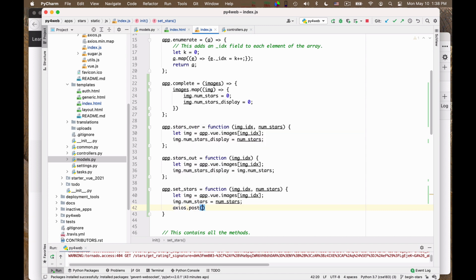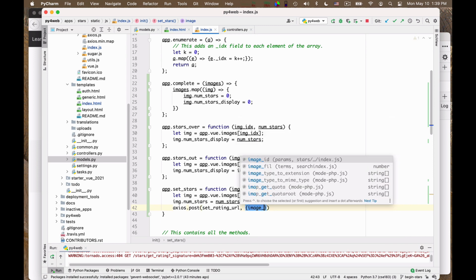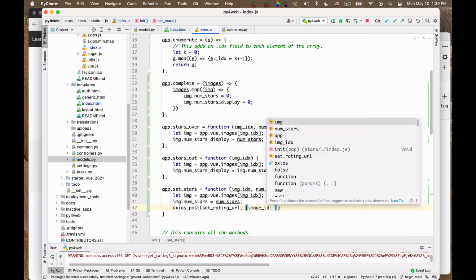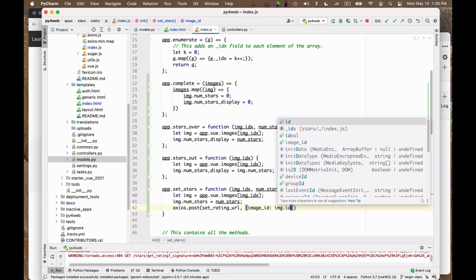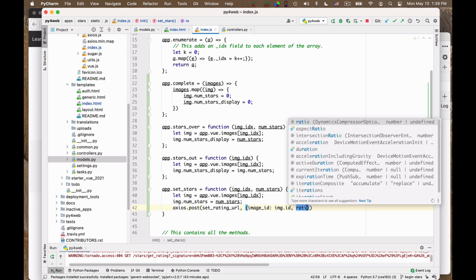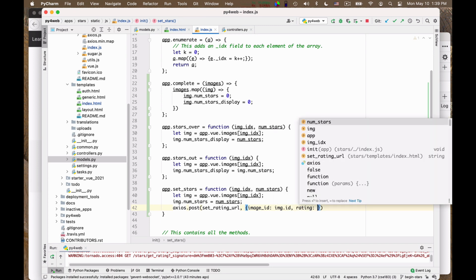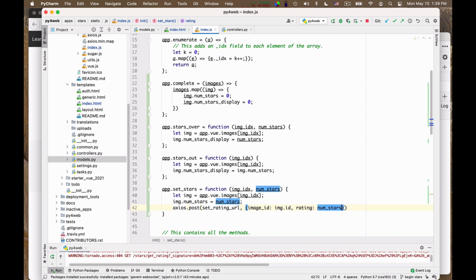So we do a post to set rating URL, and the parameters will be image ID, that will be image.id, and the rating, that will be number of stars. Okay, and in this case actually there is no then. We are just letting the server know, but there is no action we need to take once the server says that this has been stored.